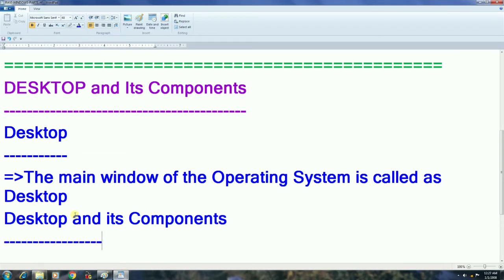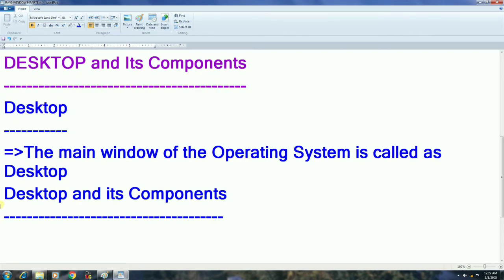See, in every family, like your father, mother and children, your brothers and sisters, even if you imagine desktop is like a family, it also has some members. So desktop family members are technically called desktop components. Now we are going to see the family of the desktop. Don't skip the video, watch it completely. You need not remember them in the same order, but by the end of the lesson you need to understand all the components.